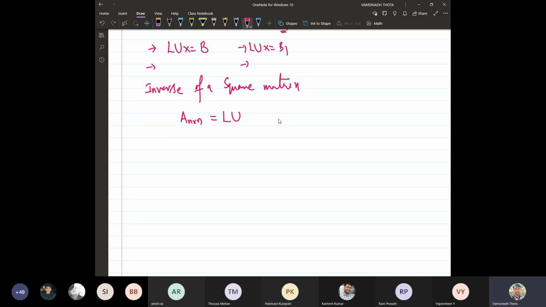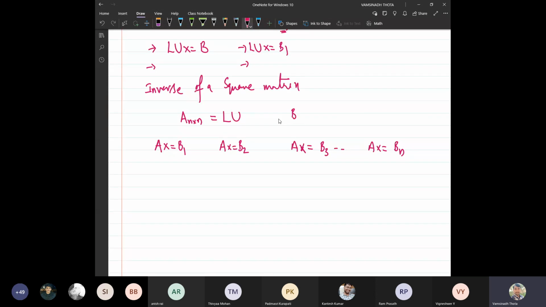So the inverse of a matrix is simply nothing but we need to solve n different systems of equations where the coefficient matrix is same. Ax is equal to B1, Ax is equal to B2 and Ax is equal to B3 and so on, Ax is equal to Bn. What is happening? I have given n systems of linear equations. This is one system, this is another system, where the coefficient matrix is same, but the constant matrix differs, B1, B2, B3, Bn.